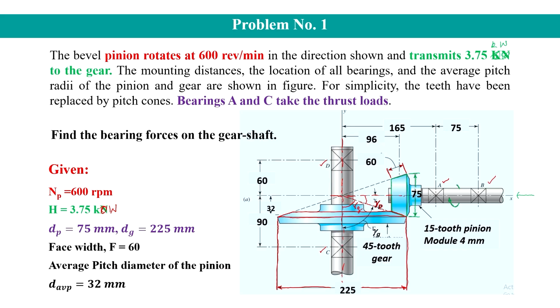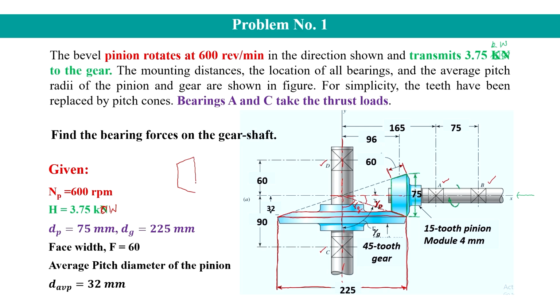One information is also given here, and that is very important in determination of pitch line velocity and transmitted load. That is the average diameter of the pinion and gear, because we know that the bevel gear is in the form of cone,